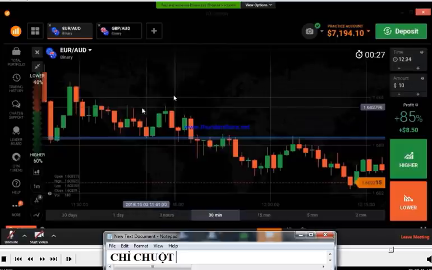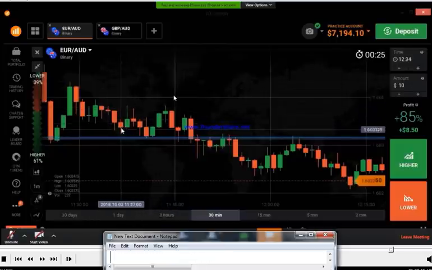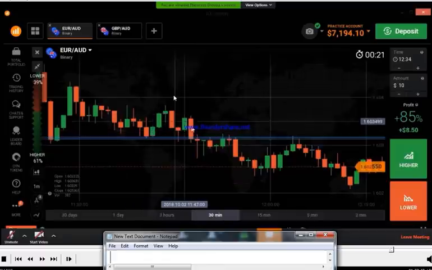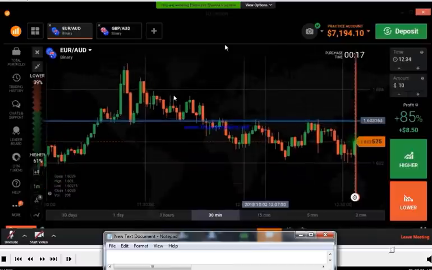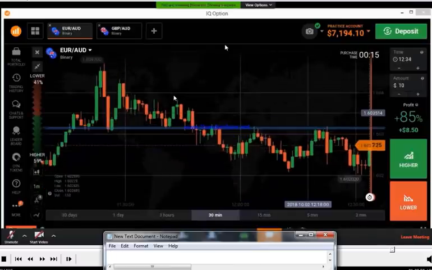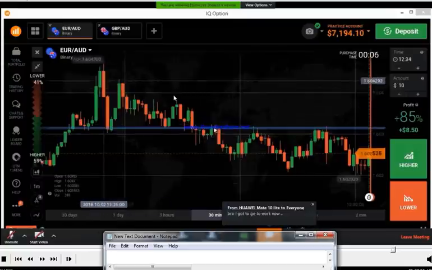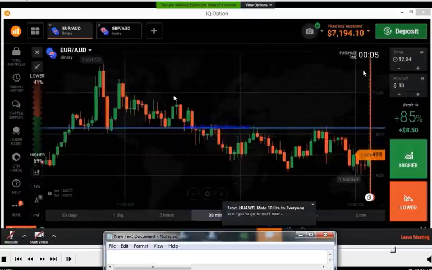If you go against the trend, there are only a few opportunities to win your trade. So always follow the trend. If you follow the trend, it will give you a good winning ratio. Always trade at the strong level in the direction of the trend. Strong levels will give you some good.